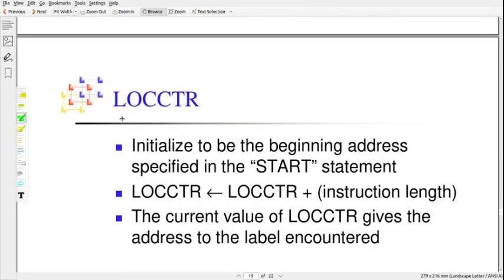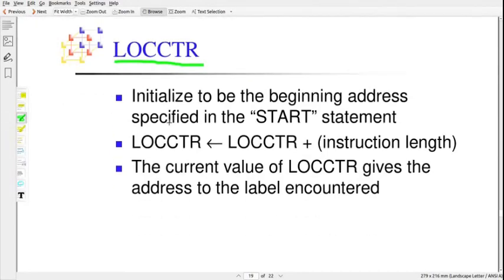The second one is a variable called location counter or LOCCTR. The location counter variable is initialized with the beginning address specified by the START statement. START is an assembler directive, and it is followed by an operand, that is an address, which helps us understand the beginning of the assembly program.